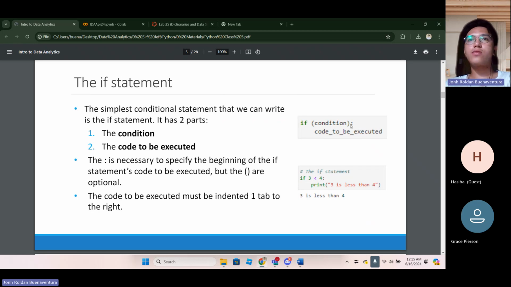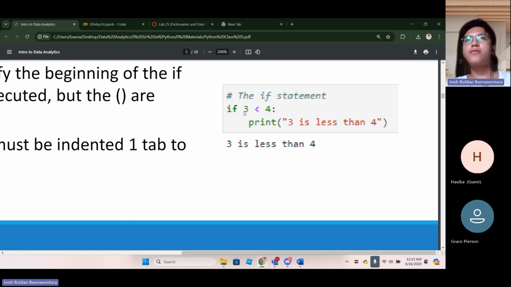If this condition is met, that is the only time this code will run. For example, if 3 is less than 4, and the value of that is true, this part will run.